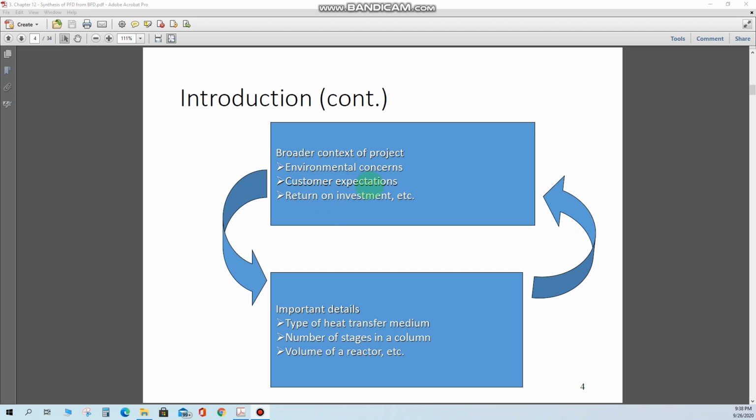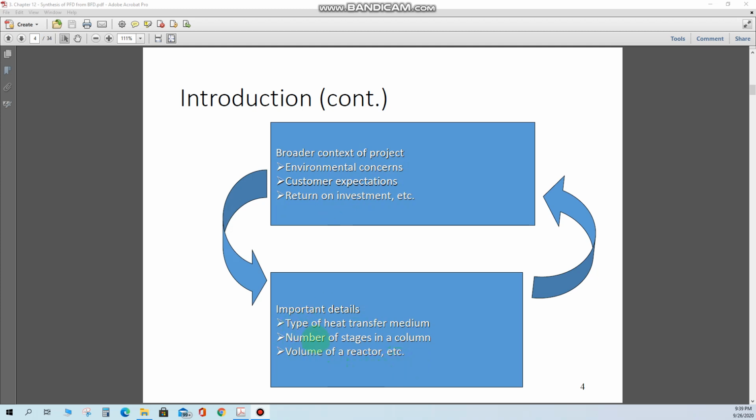So we should be aware of what the requirement of the customers is, what the purity of the product required is, and such kind of information. Then we have to see what the rate on investment is, how much profit margin we are earning, and then we have to consider the environmental aspects of the concerns: how many carbon dioxide emissions are from the process, or what different kinds of pollutants we can have from the process, and how we can actually minimize that thing.